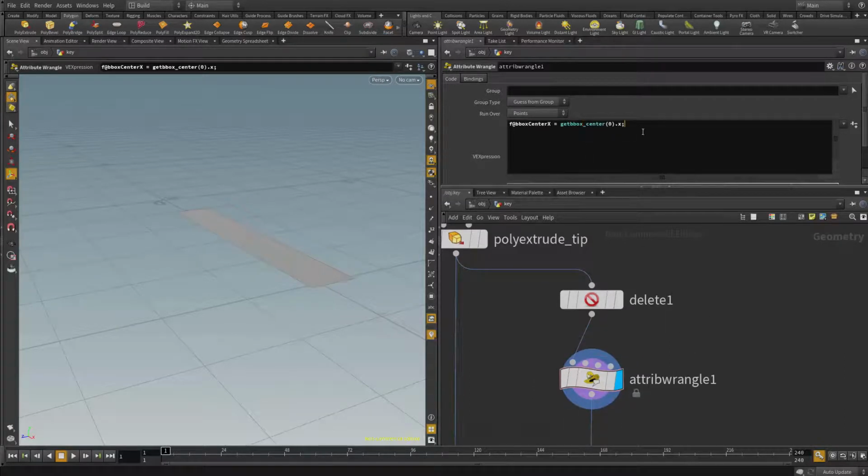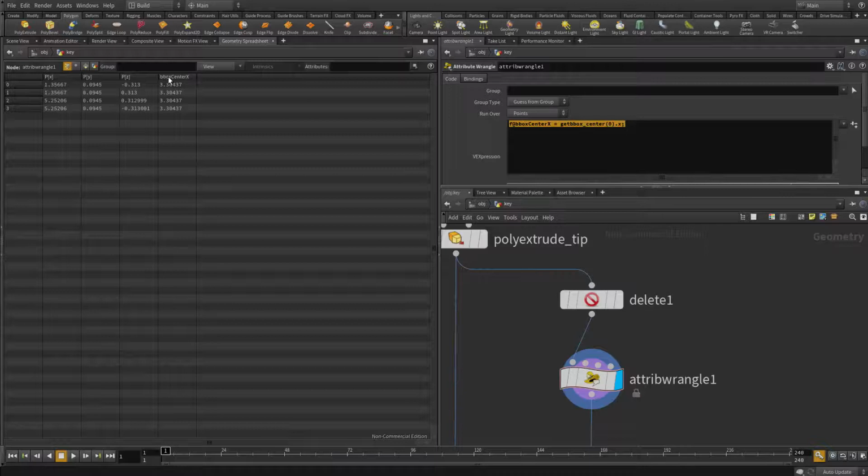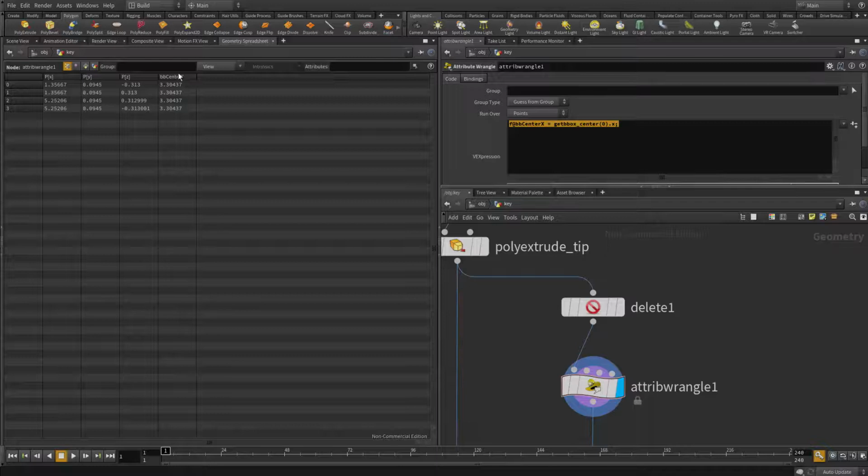Now what this actually creates is an attribute on this geometry, and to view that you can go back to the geometry spreadsheet, and you can see that there's an attribute called bbox center x. In fact, I can change it to something else, like bb center x, just to make it shorter. As you can see, then the attribute name changes here. So this is basically creating an attribute,